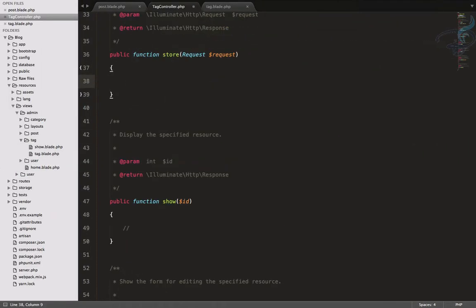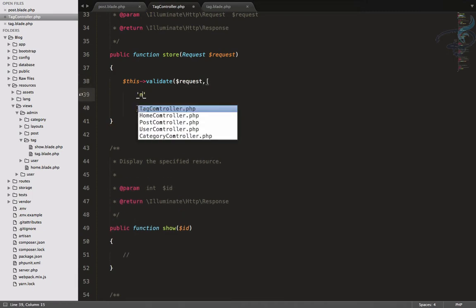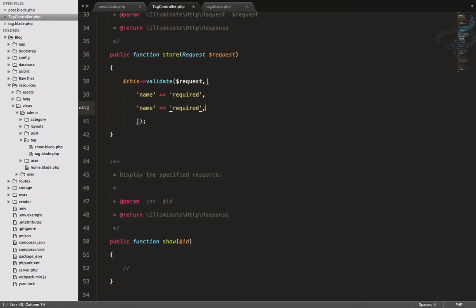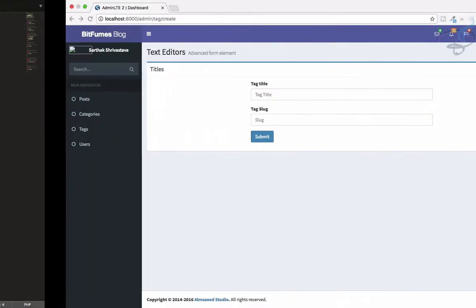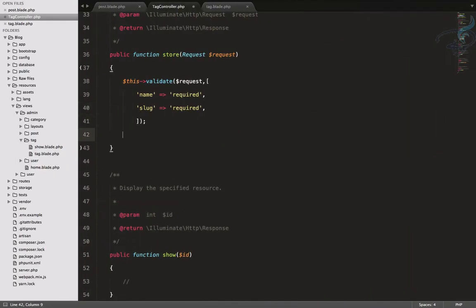So after, so this arrow validate and validate, and here I need to have a request and then my validations, and this is very easy. Name is simply required, and then slug is also required. So slug is also required, and now I'm going to submit. It will get me back to that position, and as we have done on the post, now we have to